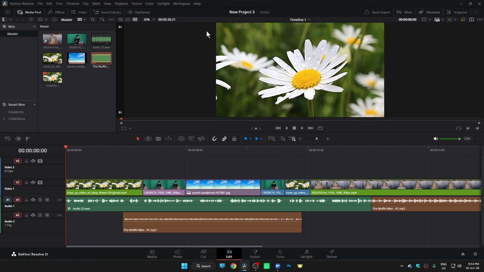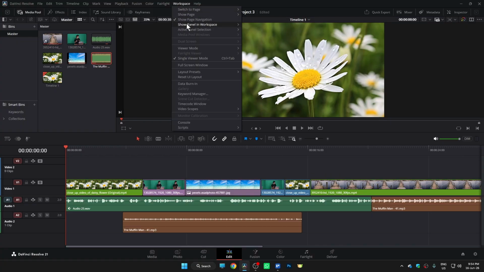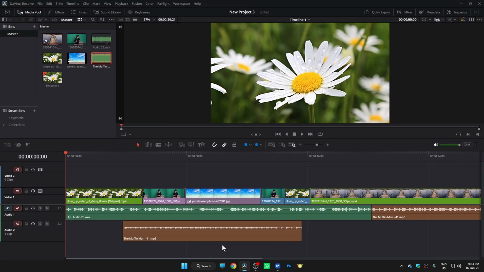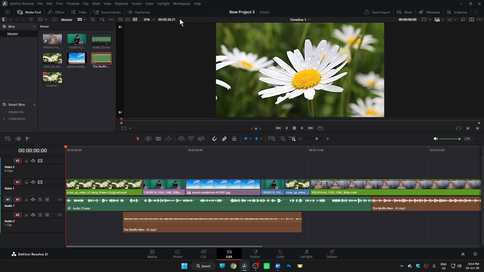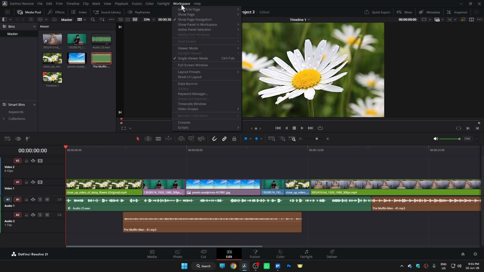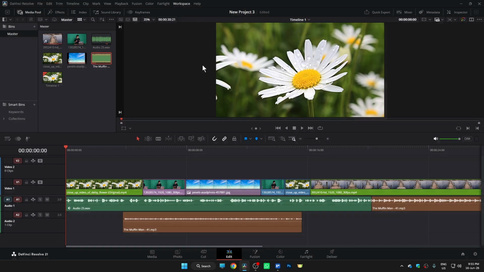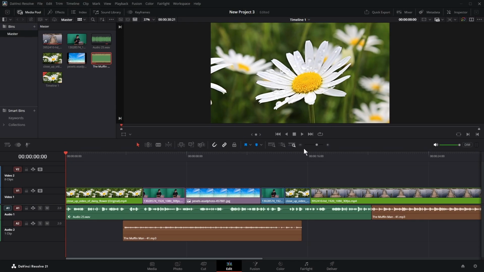Along with that, you can also go to the Workspace tab. You have a couple more options here, like if we just go to this option, show page navigation. If we click on that, we'll be able to hide the navigation page, but that's a useful feature. That's why we're gonna enable that. And also, if you want your DaVinci Resolve in full screen mode, you have the option for that as well. Like here you can see we have the option for full screen. So simply click on this option, full screen window, and that way we'll be able to make DaVinci Resolve full screen